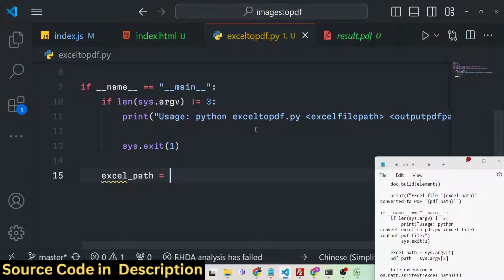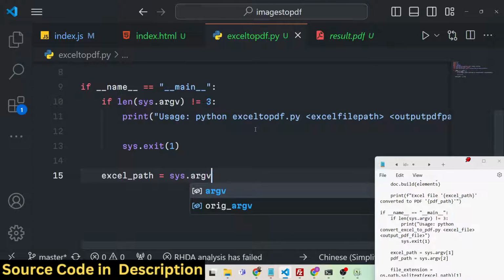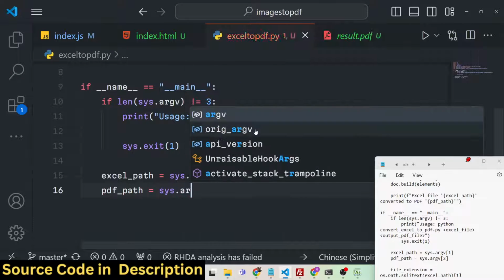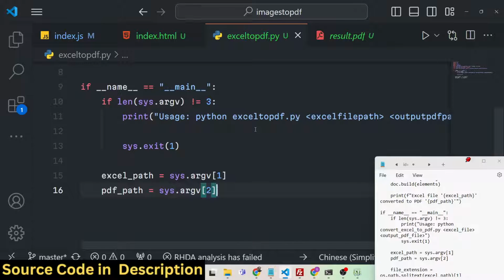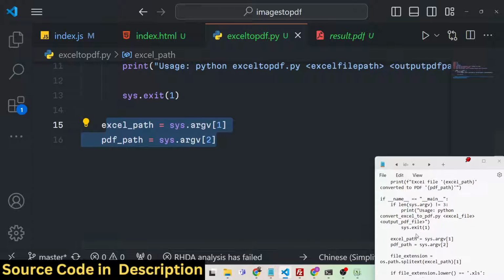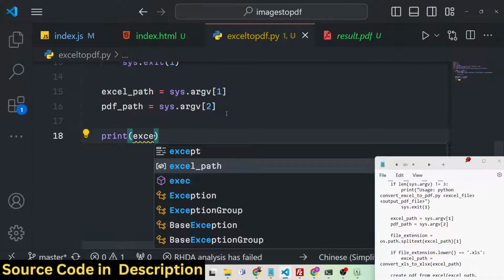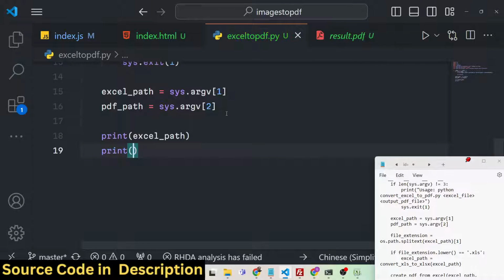that is provided by the user by sys.argv[1], and then we will get the PDF path, which is also provided by the user, by sys.argv[2]. So we will get both arguments which are provided by the user, and we will print them out. If I just print out the Excel path and the PDF path,